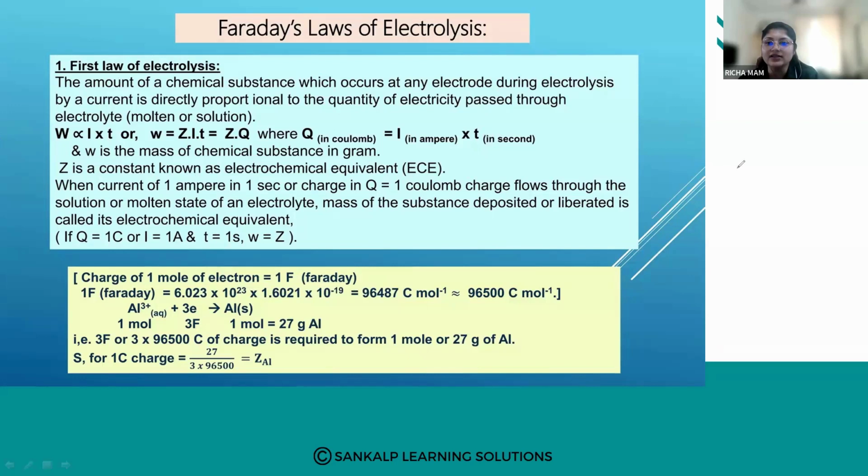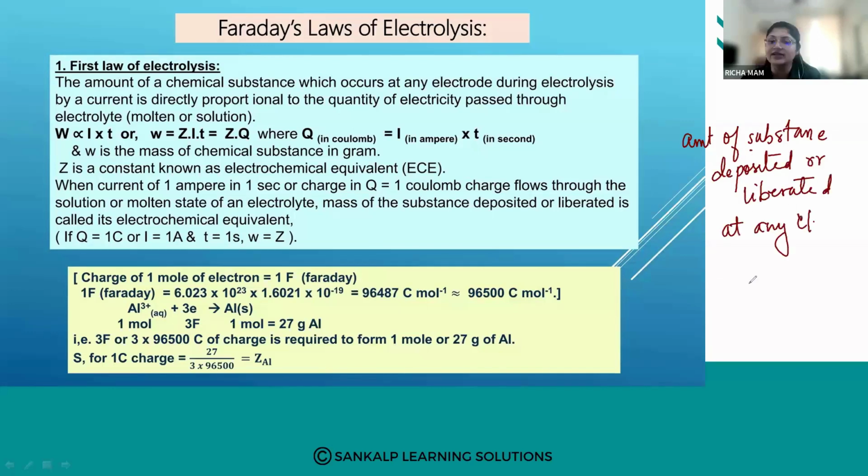The amount of substance will start to get deposited, or liberated. It will start to liberate at any electrode. So at the moment you start electrolysis, at the cathode and anode the reaction starts. So whatever substance has to be deposited or liberated at any electrode, it will get